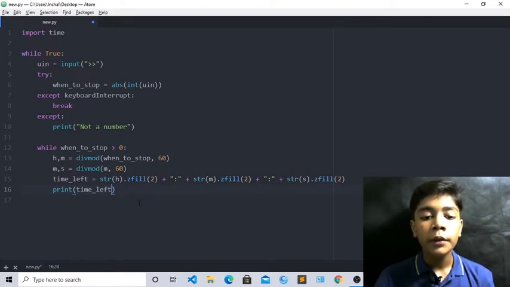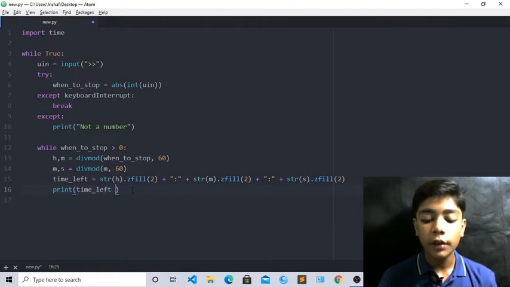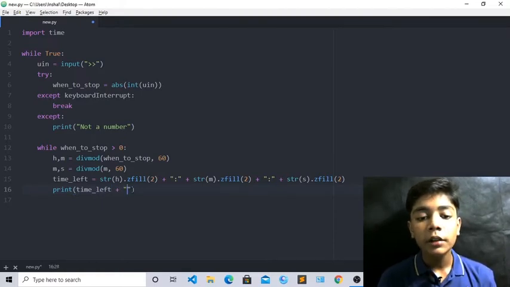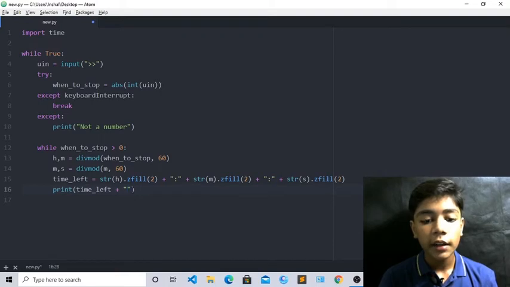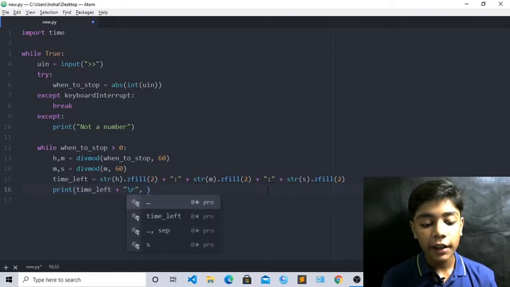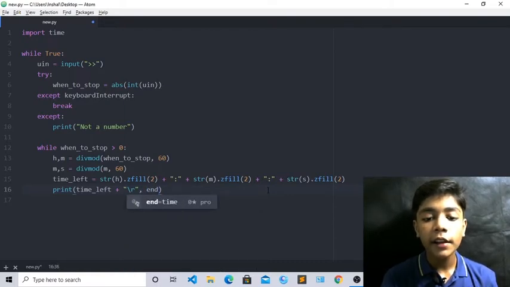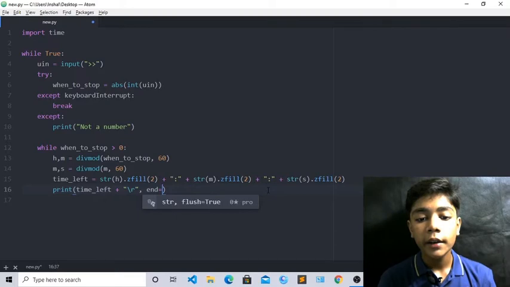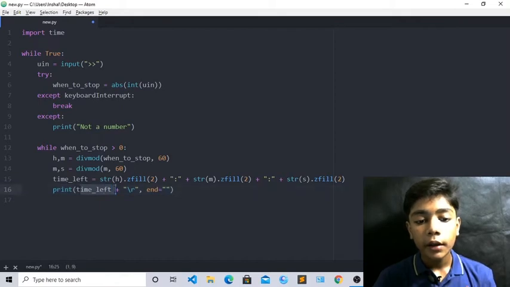Okay, now when you have done this, print time left, now plus tag here, now strings again, and now just write this sign here and now r. Okay, when you have written all this, just comma here and write here end. Okay, and you have to write equal to again and write here strings again. Okay, now when you have done all that, you can see we have written in print time left plus this slash r comma end. Okay, now we have done that.